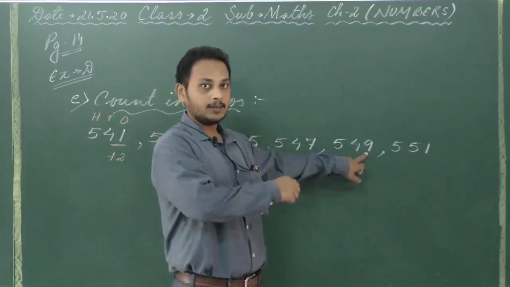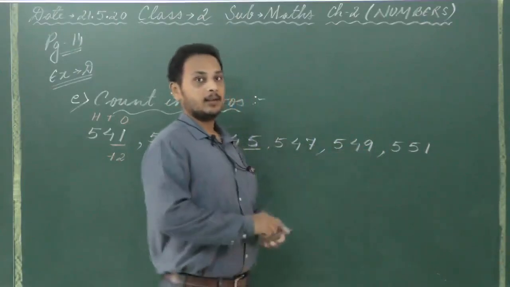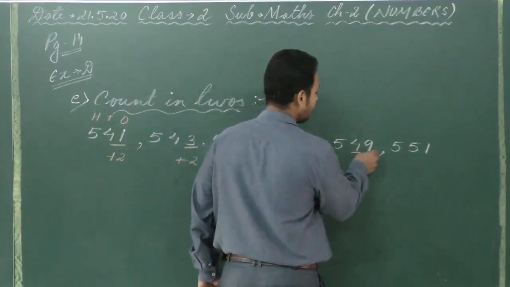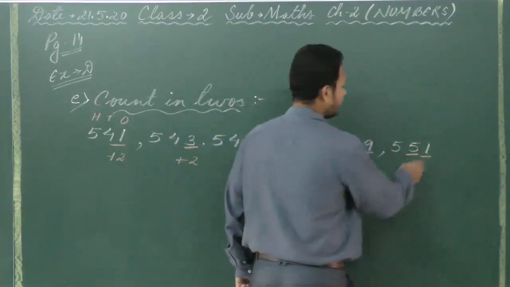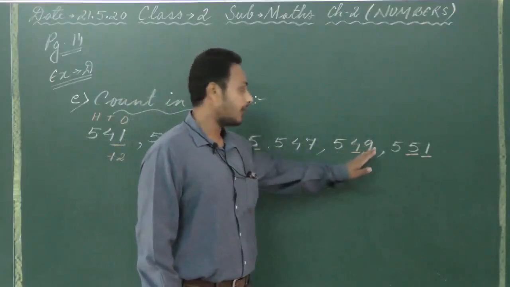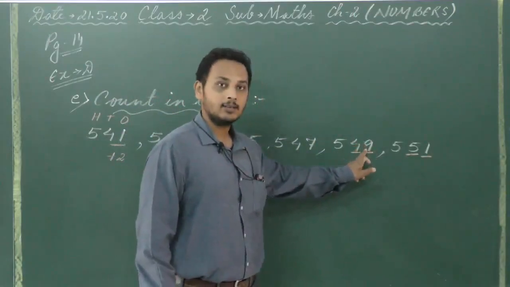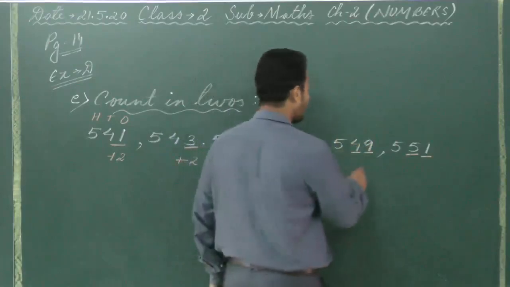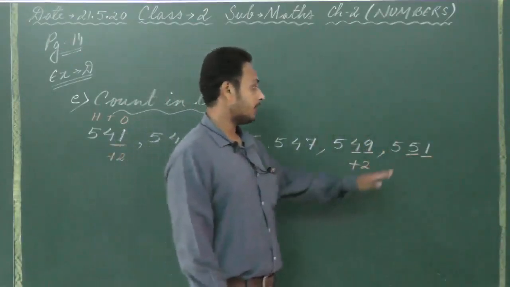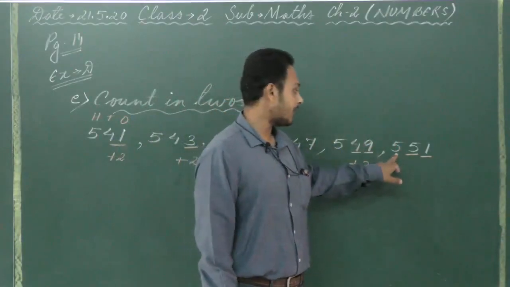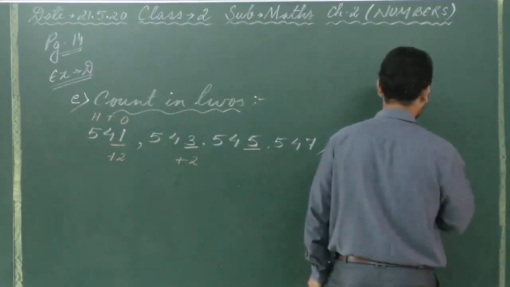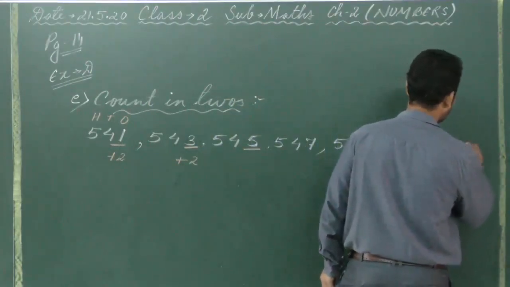Okay, as I told you earlier, after 9 comes 10. Now when you're changing two numbers at a time, that means the number in the tens place and ones place. So the next numbers also will change from here. That means now we will look at not as 9 only but 49. So after 49, when you add 2 into it, okay, 49 plus 2, what do we get? 50, 51. So it is 551. Okay, then again you come back to the ones number. The next we get 553.